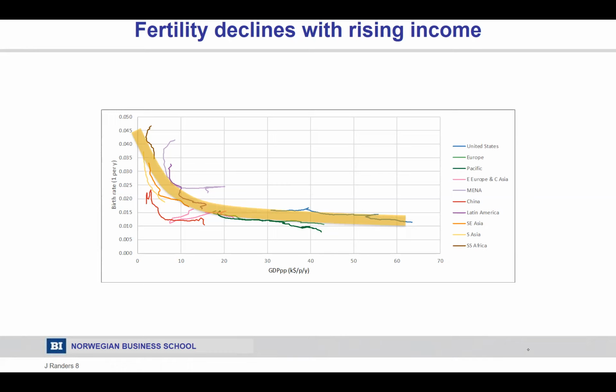But the point is, there is apparently a clear systematism. As people get richer, as women get richer, they choose to have fewer children. And then I'll show you very quickly five others of these. These are in many ways the core of the predictive capacity of a model like this.